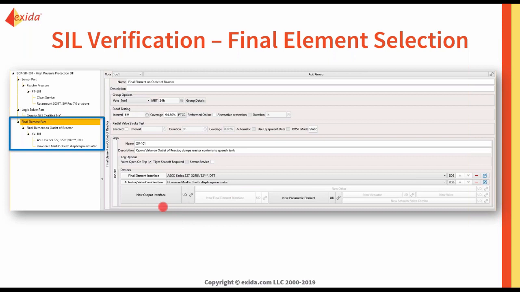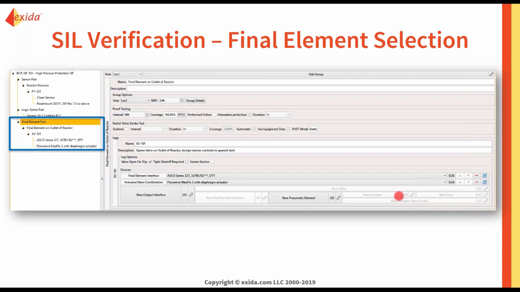In this case, if we're modeling a remote actuated valve, we have a few devices we can specify here. You can have an output interface. Then you're going to have a final element interface. So this would be like a solenoid, your pneumatic element, and then you can specify a new actuator and valve separately, or an actuator valve combo. As you start to implement some of these, you'll see some of the options disappearing. So you're only going to be able to put one valve in per leg, things like that,